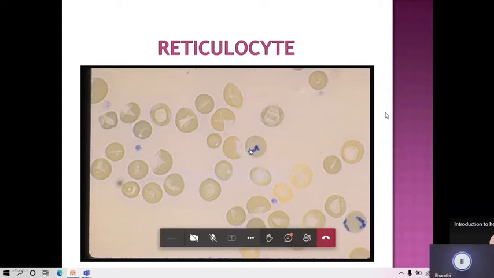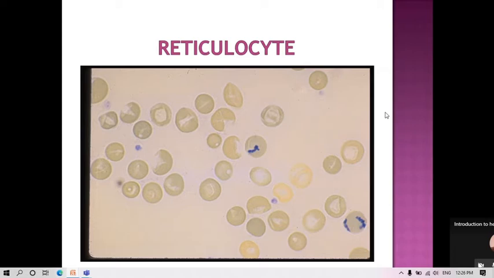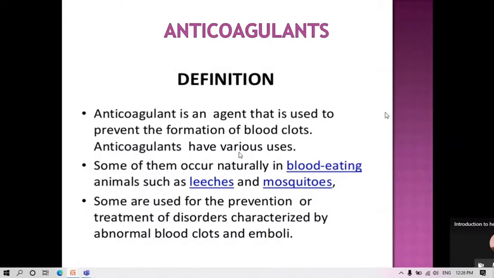When these reticulocytes are released from the bone marrow into the circulation, they will go multiple times via the spleen, and during that process their RNA material will be taken up by the spleen, and we get these RBCs which have very good oxygen carrying capacity. So this is how RBCs are formed.